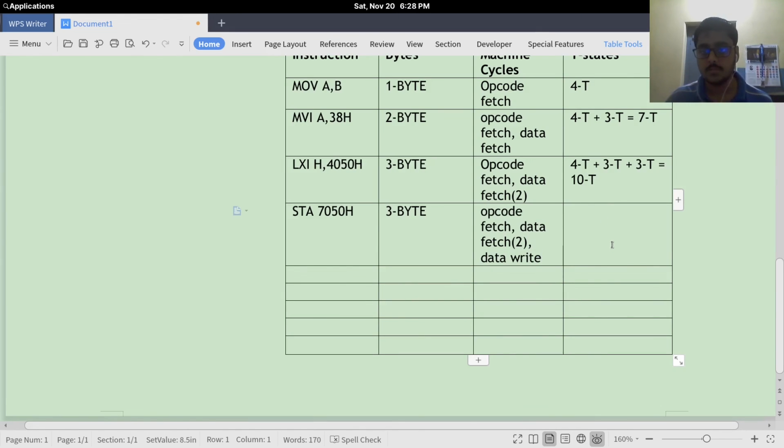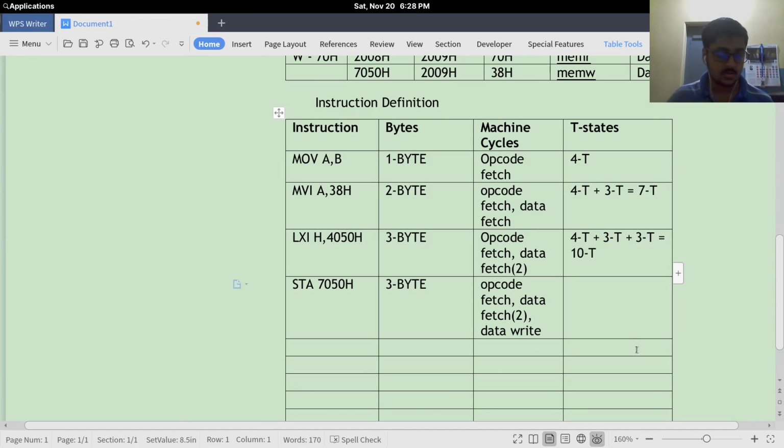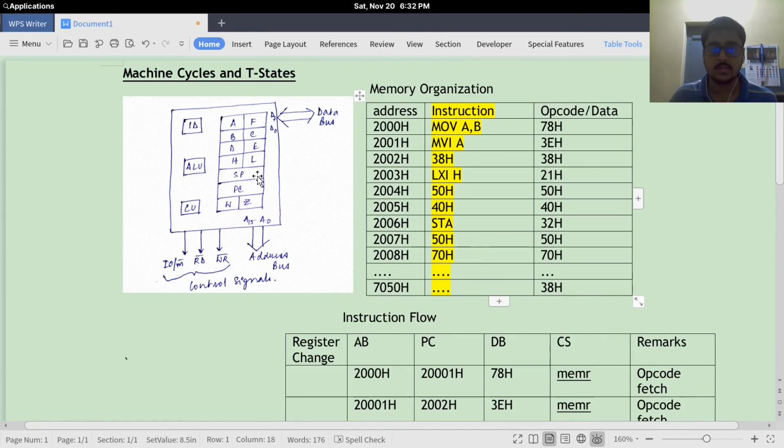Now we have seen 4 T states for opcode fetch and 3 T states for data fetch. So we have 3 T states for each of the 2 data fetches, and the data write will also require 3 T states, because first we set the control signal, then we send the address to the address bus, and then using that address we send the data to the data bus for writing.